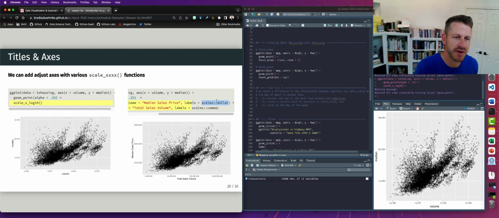And within there are various functions. One is dollar, one is comma, and there are many other ones. And this allows us to actually format our plot so that the x-axis tick marks are, like here, comma formatted. So let's look at scale x, right? We said make the labels be comma formatted. We see that we have that down here, which is way easier to read than what we had over here